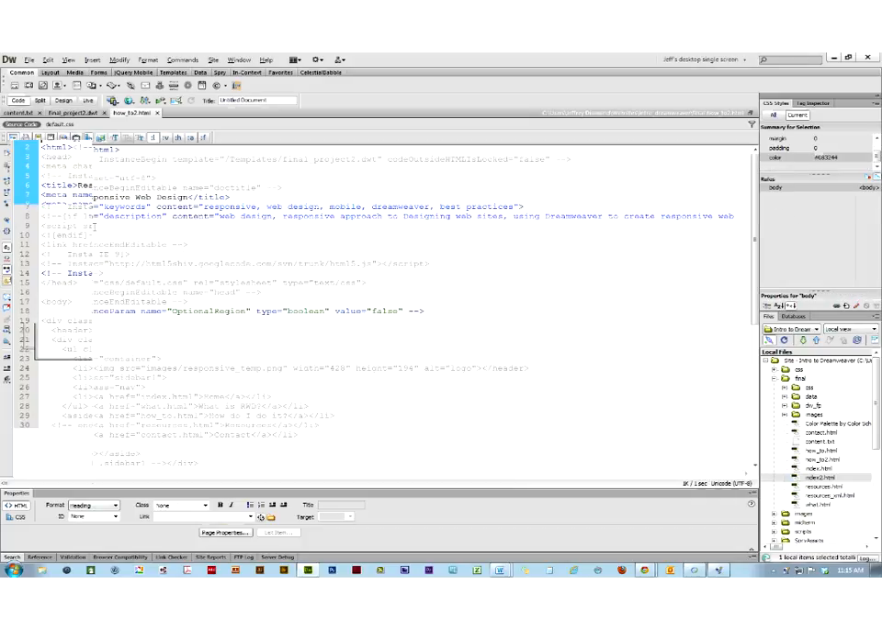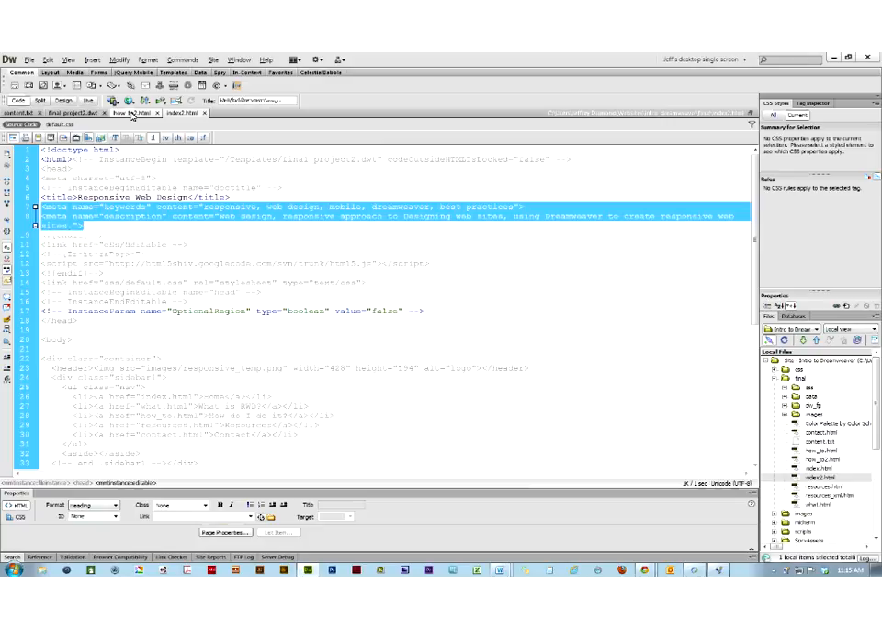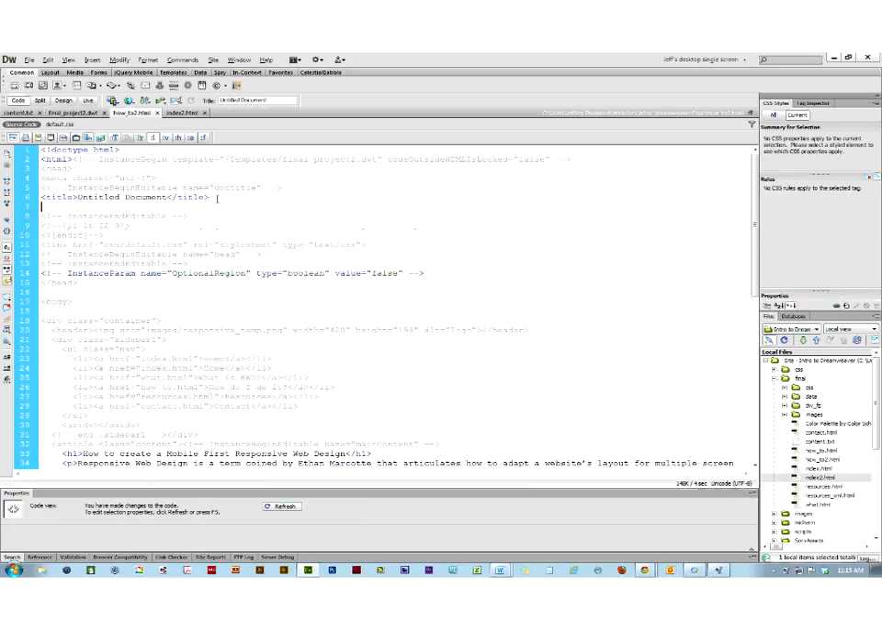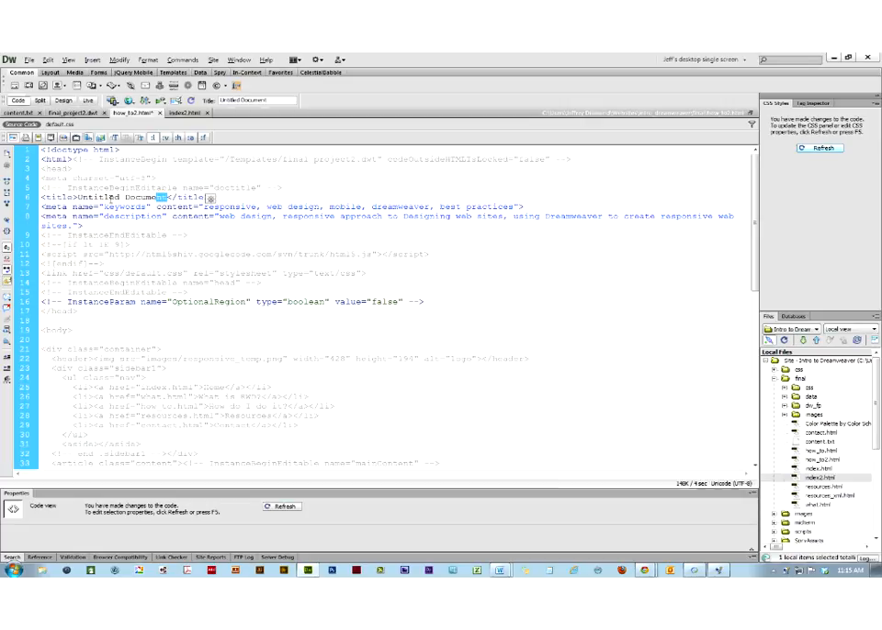So there's my meta stuff, my meta names. I press Command C, Control C, go into here and paste that, and this is how to create a responsive website. Most of my keywords are probably going to be fine. Maybe I'll add "how to" to the keywords. And then my description might be a little different. How about